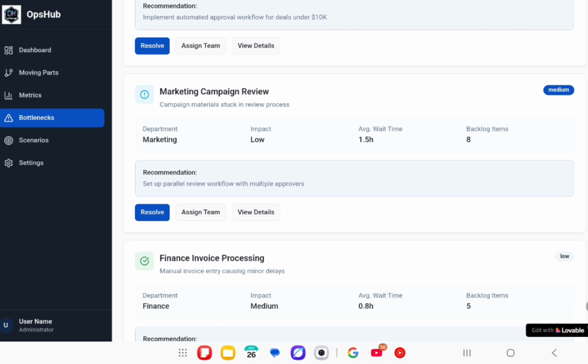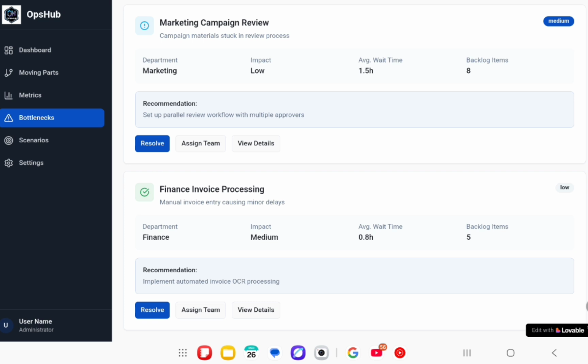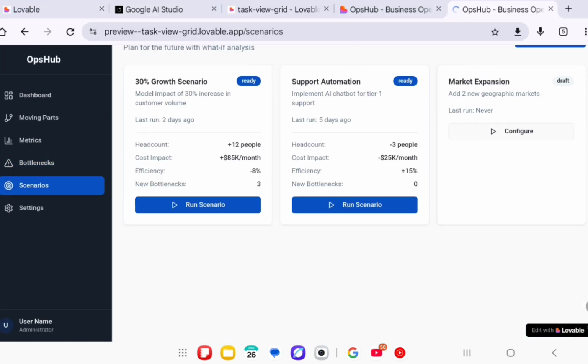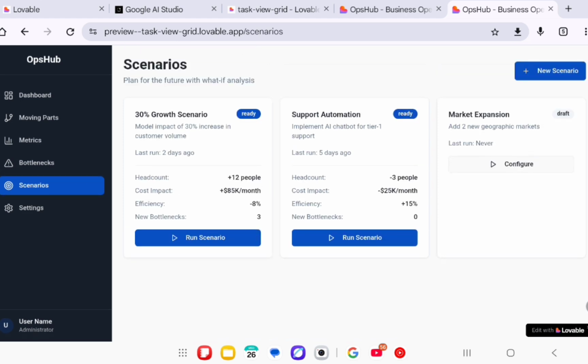And this is quite exciting as well. It's called scenarios. So basically, instead of worrying about all the things that could go wrong or could get disrupted, you want to just map it out and see if it is feasible to go in that direction, or whether you will need to hire more staff or add in more automations, or develop an AI agent to take care of it. This is very good in the sense where you can add a new scenario, run the scenario, and then it'll tell you,